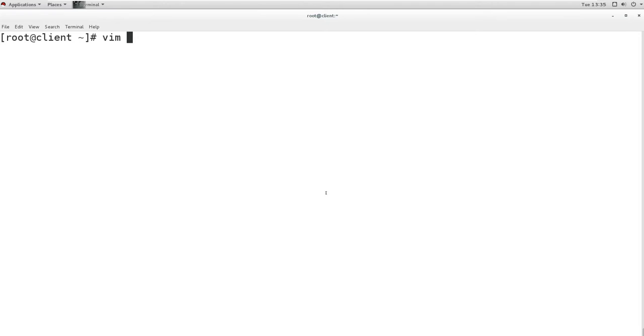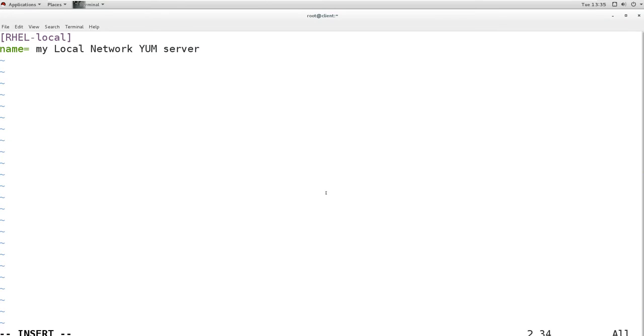So in this client machine, if I check, do I have any yum information here? I don't have anything here. So I have to create the same file here. Let's say local.repo, and in that I have to put the same configuration. This is my local network yum server.